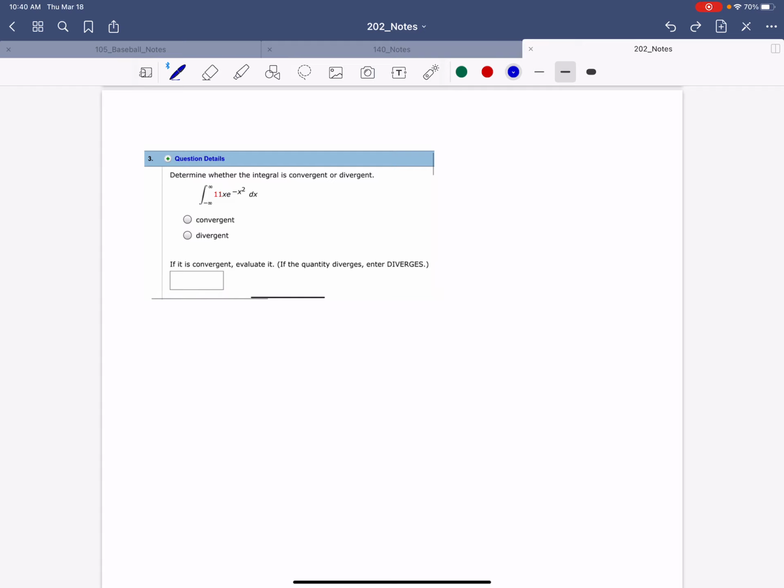So what we might want to do is treat this as an indefinite integral, and then when it comes time to plug stuff in, treat it as an improper integral. So maybe we'll say, in general, the integral of 11x e to the negative x squared dx